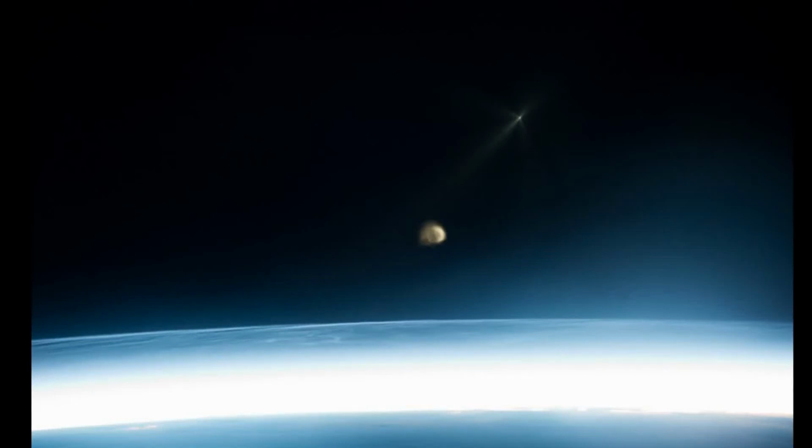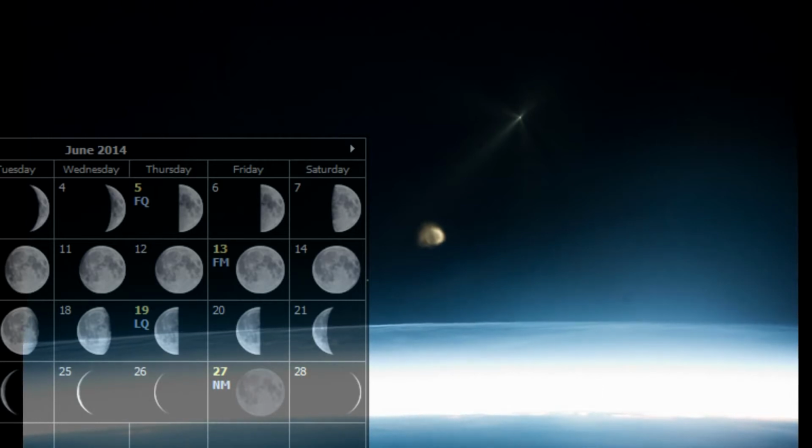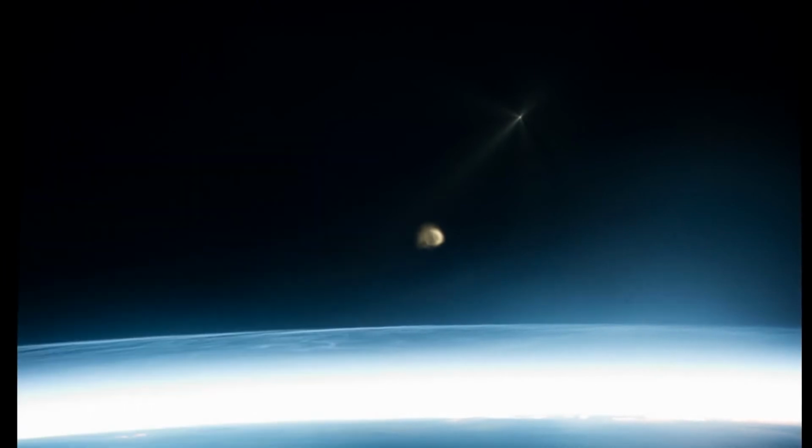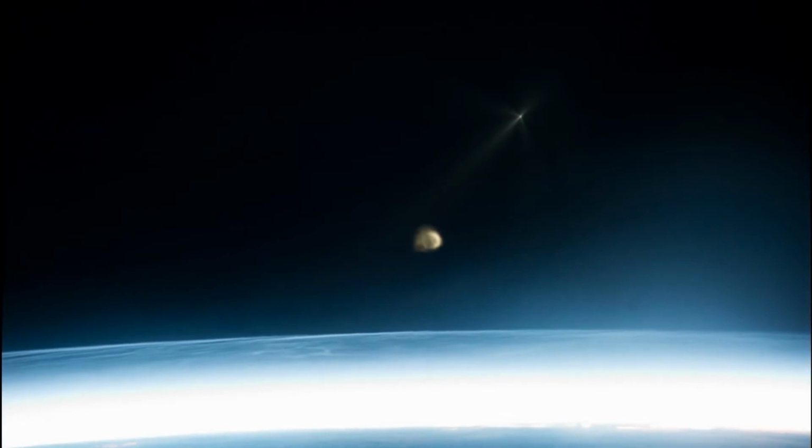So NASA put out a picture today which proves beyond any doubt that I have been correct in not only telling you the moon's projection, but also the source of the projection from the projector, whose name is Satellite Dave J. I'm going to go ahead and show you a picture of that first, and then explain this picture, which was put out by NASA on the 14th of June, which would have been, to your perspective on Earth, a